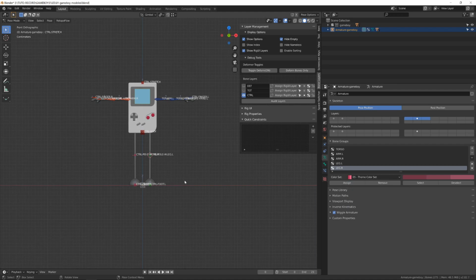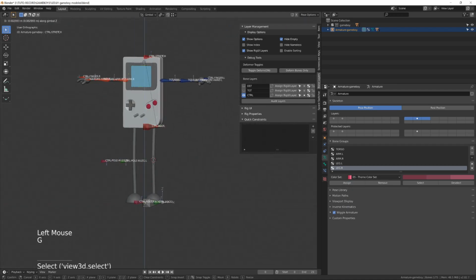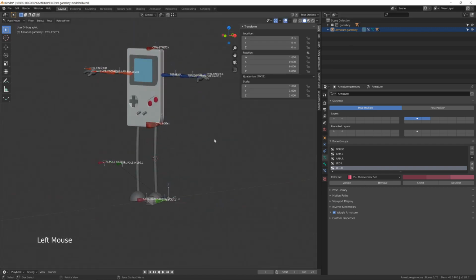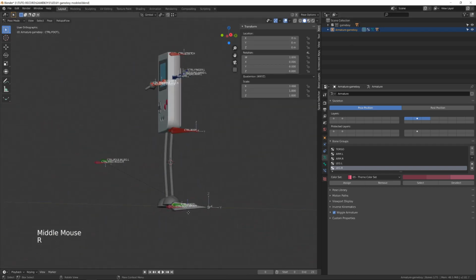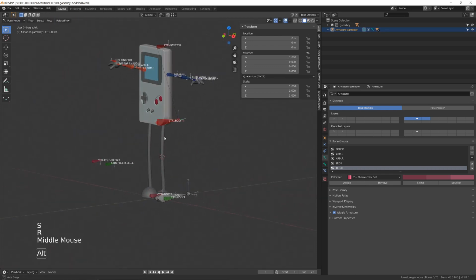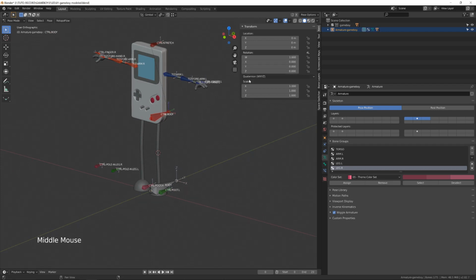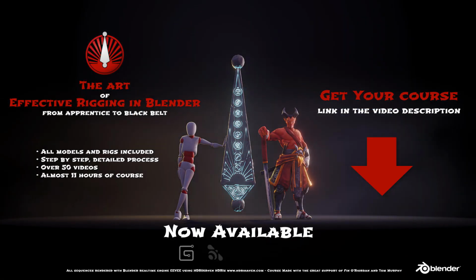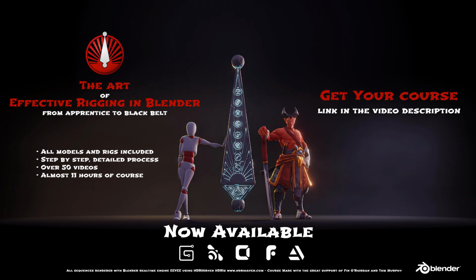The final step to optimize the use of our rig is to lock any transform channel on the bones that are useless. For example, do I need to scale the foot or rotate them? Yes, probably. But do I need to do so with the control stretch? Certainly not. Since I want to keep this course as simple as possible, I won't be talking about quaternion rotation versus Euler rotation. But if you want more information about this, you can find all of this in my rigging course, The Art of Effective Rigging.